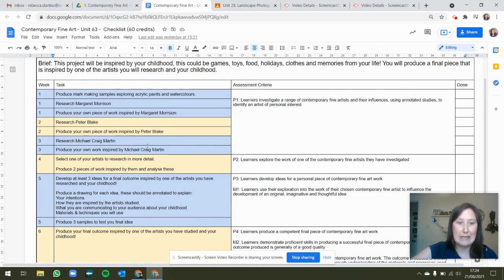And once we have completed all of these tasks, you will have done your first bit of pass criteria, which is where you've been asked to investigate a range of contemporary fine artists and their influences using annotated studies. This is the exam board's way of saying making your own work inspired by them, to identify an artist of personal interest. Okay, so that's going to be the first 3 weeks,